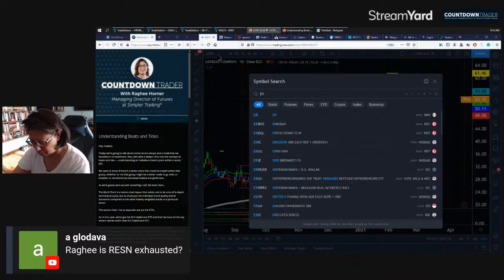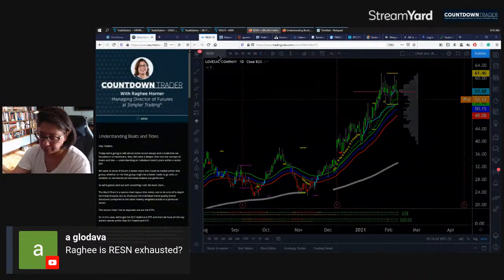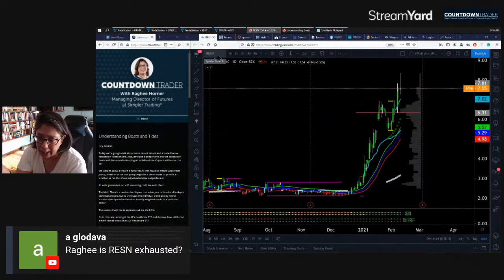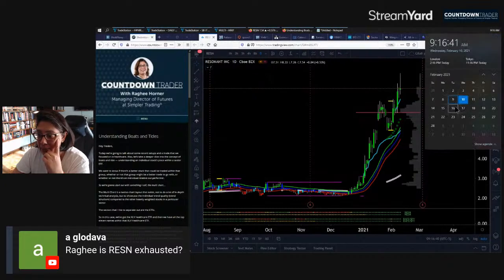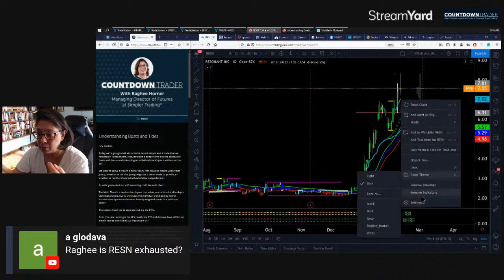RESN. All right, RESN. Parabolic. I like it for longs, clearly, but the closest that I'll be able to do anything with this would be this anchored VWAP. And so, where do I want to anchor that rolling VWAP? It's a 10-day rolling VWAP. So the way I anchor it is 1, 2, 3, 4, 5, 6, 7, 8, 9, 10. It's going to anchor to the 29th. I'm going to keep it anchored to the 29th.